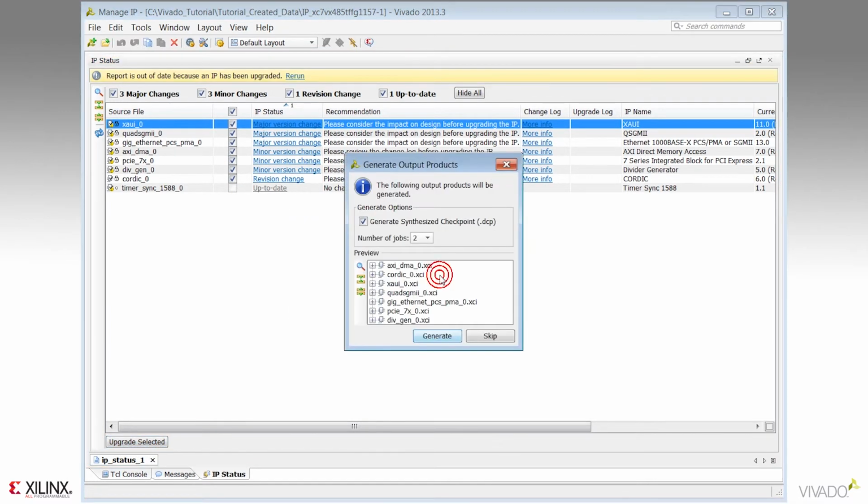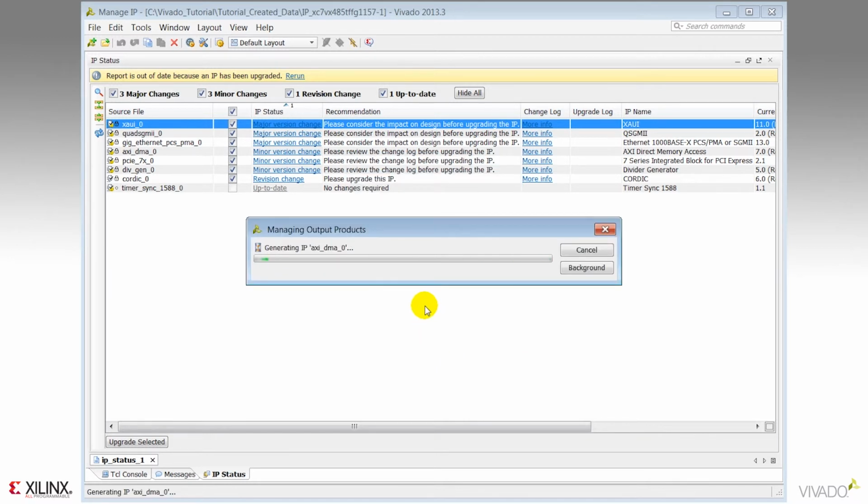Notice that once the upgrade is complete, I'm presented with the Generate Output Products dialog. Here I can select a number of processors so I can run multiple IP in parallel, and I can generate the output products for all the IP, including the synthesized design checkpoints, which are the default in 2013.3. I'll select the Generate button to generate all the output products, including the synthesized design checkpoints for each of the